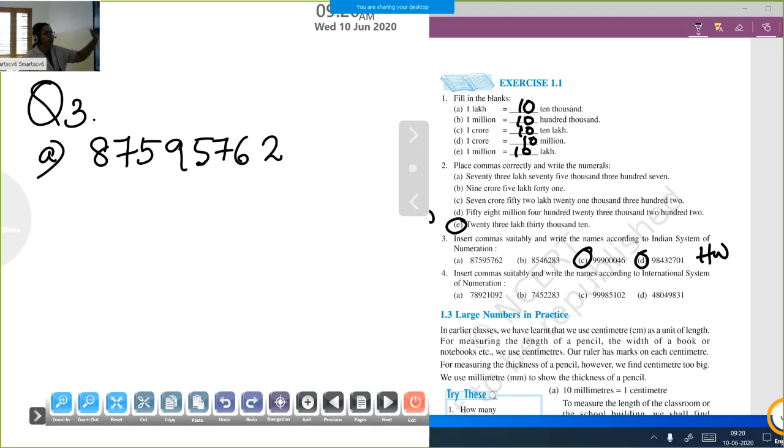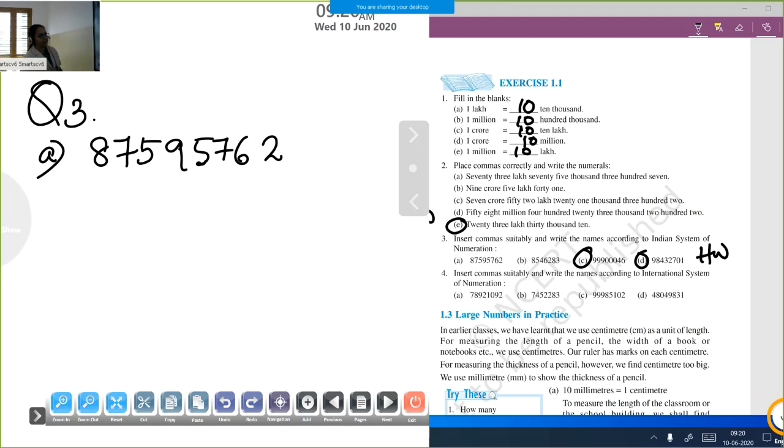See what teacher did after copying down the number, one more time teacher is reading the digits. In maths, after copying the digits, always repeat the number one more time, because most of the children copy down the number wrongly. So after copying down, read out the number one more time. Okay? Teacher is always doing like that. You have to do like that.